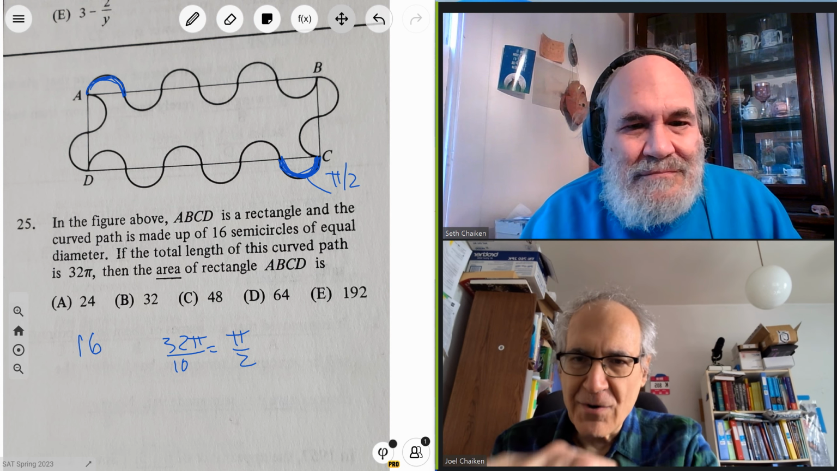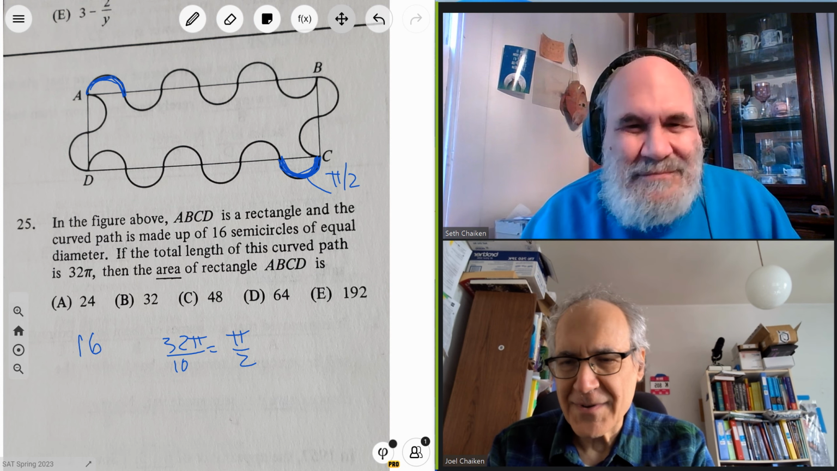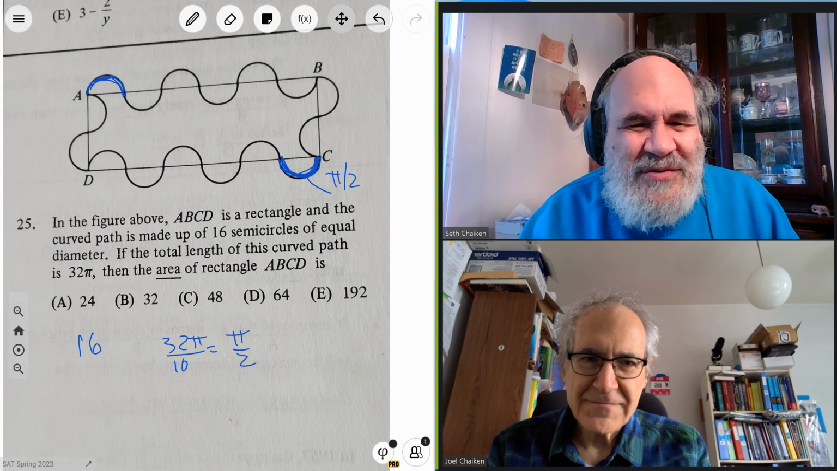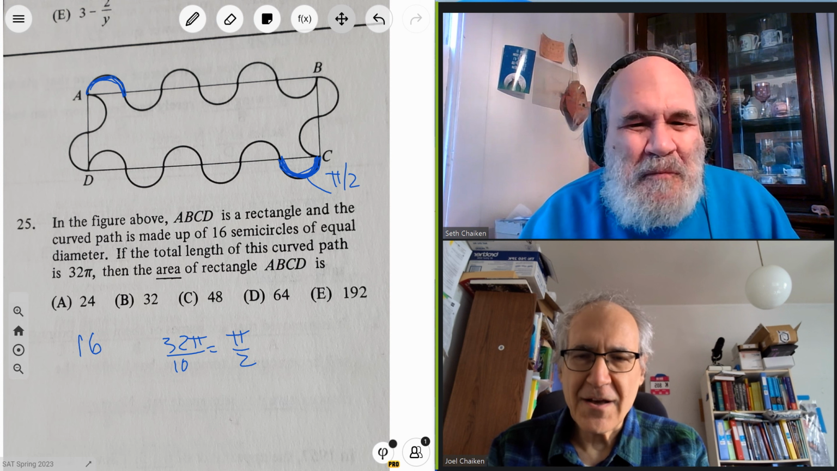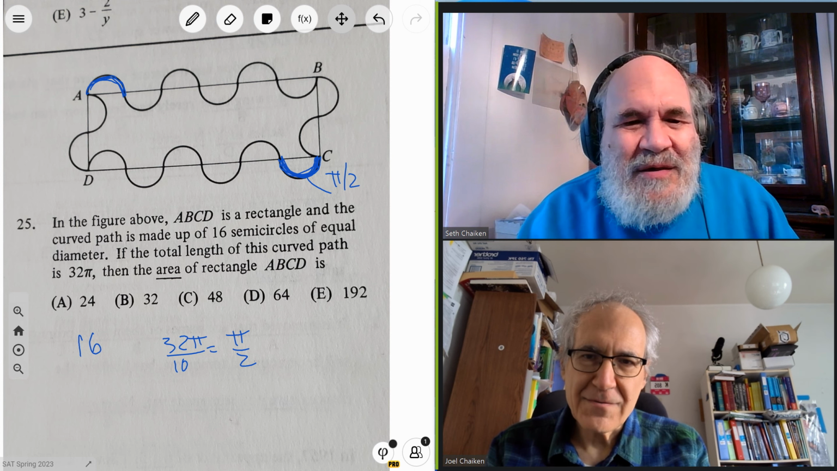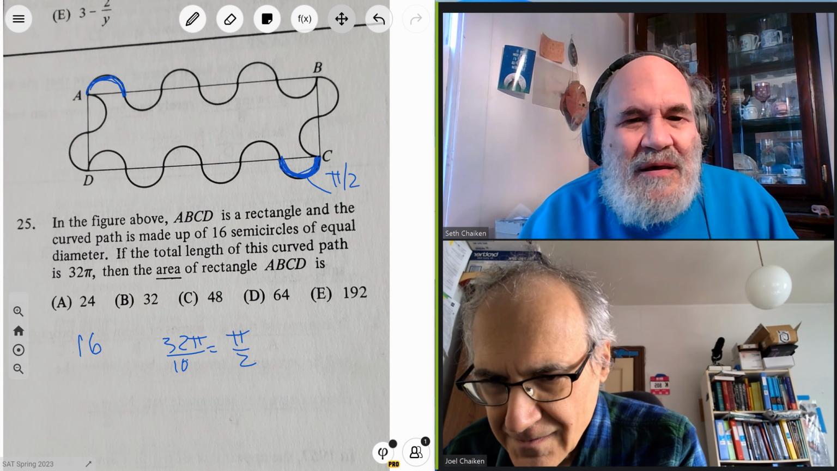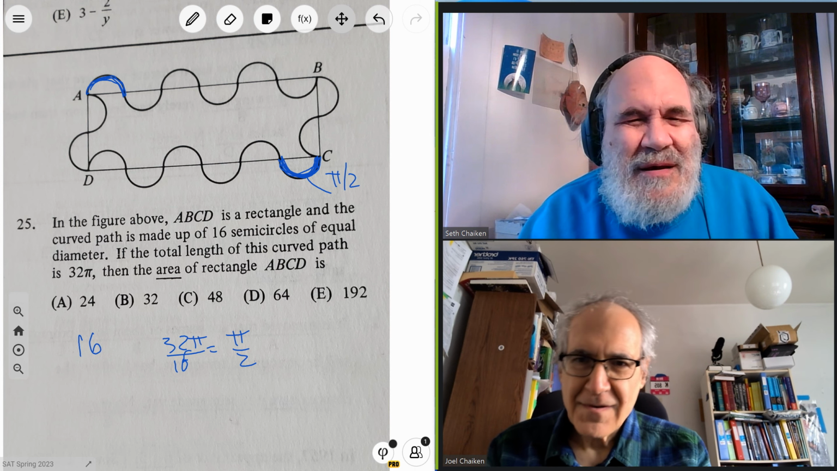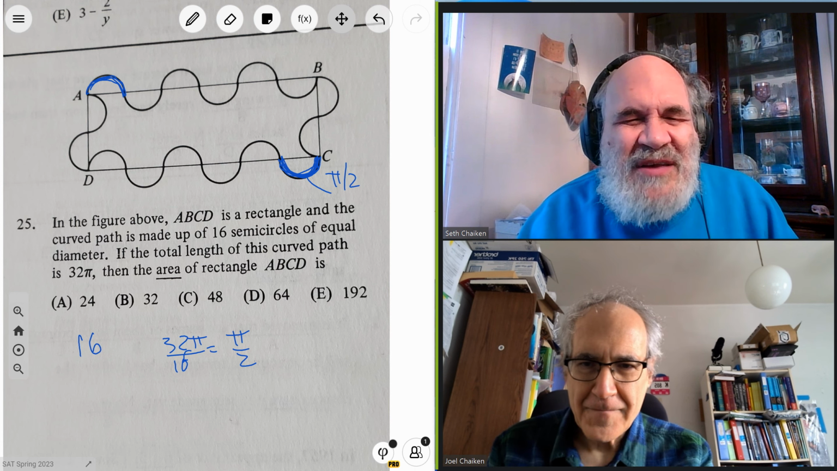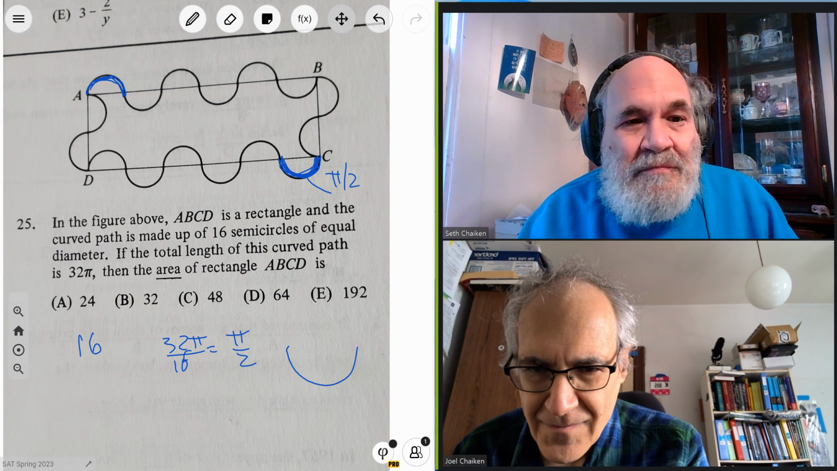Because if the total thing is 32 pi, but you got 16 of those things. So if the total length of the curve is 32 and there are 16 semicircles, so each one is pi over 2. No, each thing is pi over 2. So each semicircle has a length of